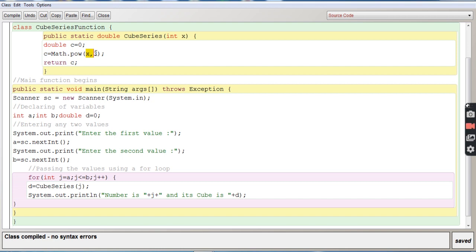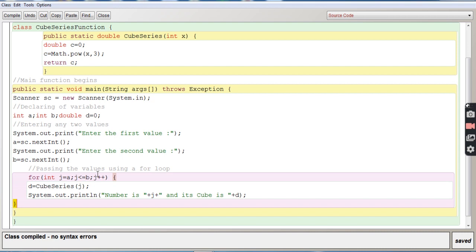You can write it in the rough column in the copy, and it will return the value c, which is 27, coming from here. So D will get 27, and it will print the value 3 and its cube 27, and then this is the closing curly bracket of the for loop.